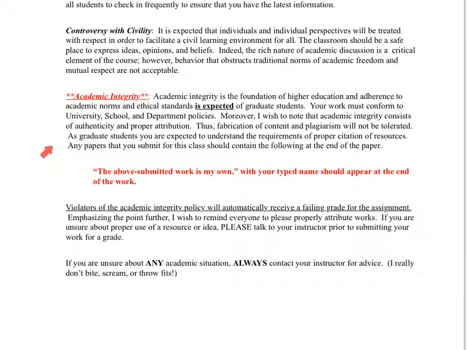Academic integrity is a big thing with me. It's one of my research interests, and I do pay particular attention to this. You are graduate students, and it is expected at this point that you understand correct citation and that you understand what plagiarism means and how to make sure that you do not have any problem with that, or that there is any question that your work is your own. I really expect everyone to do their own work, and if they do bring in outside resources, to make sure that you are properly attributing those resources. Please do not make anything up.